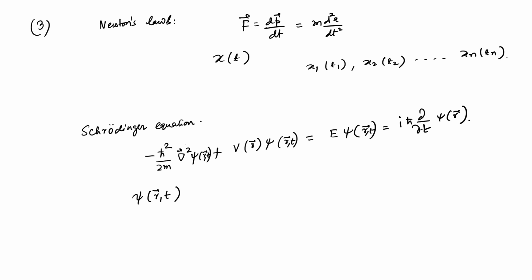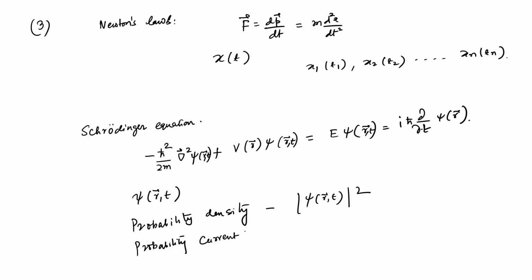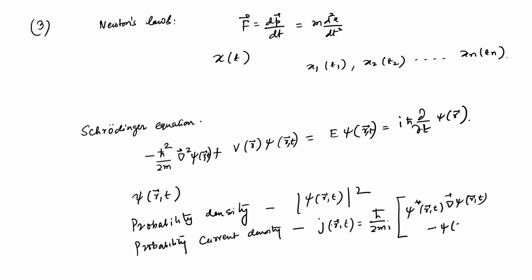By itself, psi of r, t does not have any physical significance. It only acquires physical significance if you talk about the quantity called the probability density, which is given as mod psi of r, t squared, or the probability current density, which is defined as, say, j of r, t, and if I remember the prefactors correctly, it is like this: psi star of r, t del psi of r, t minus del psi of r, t